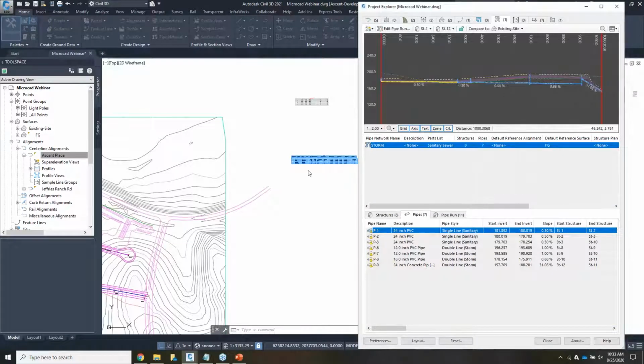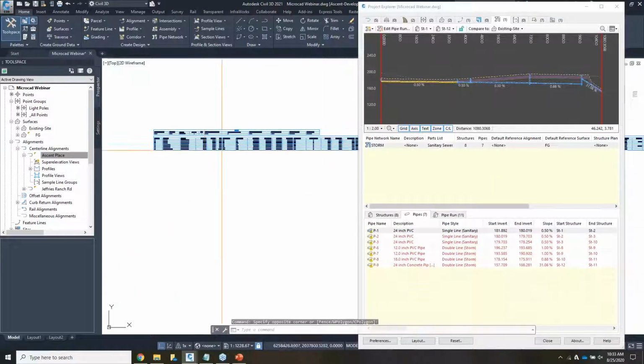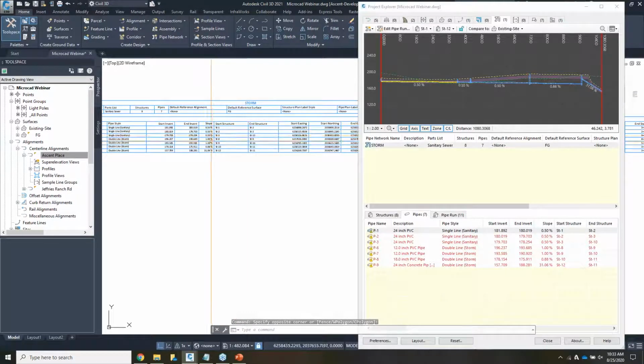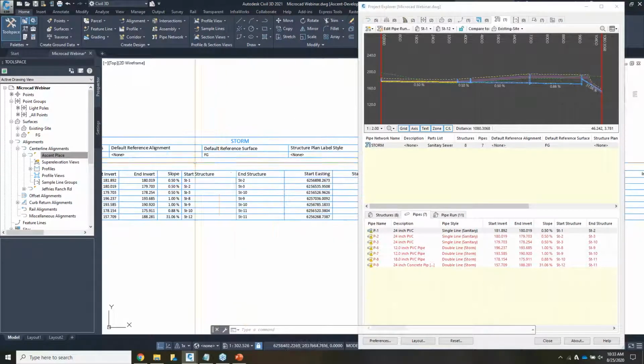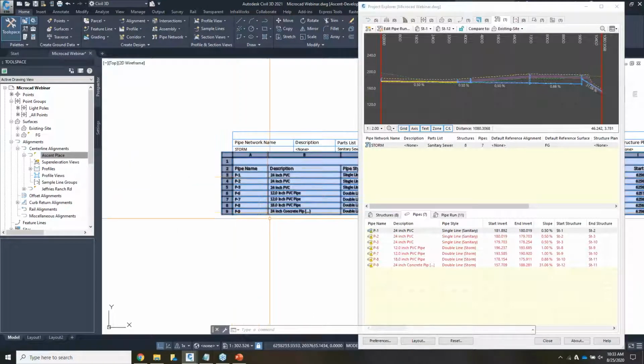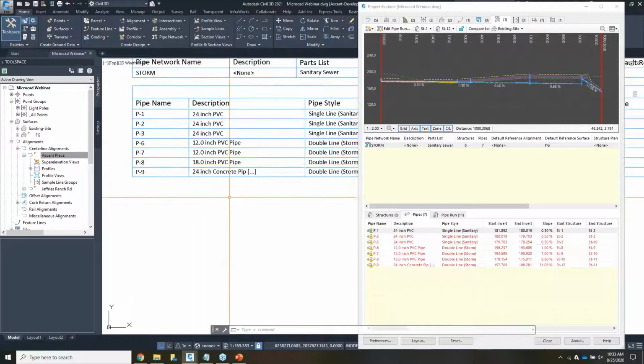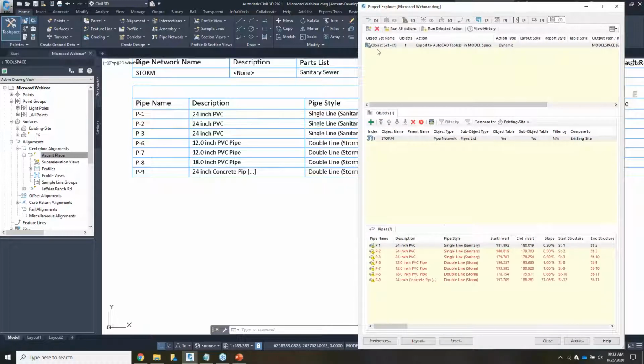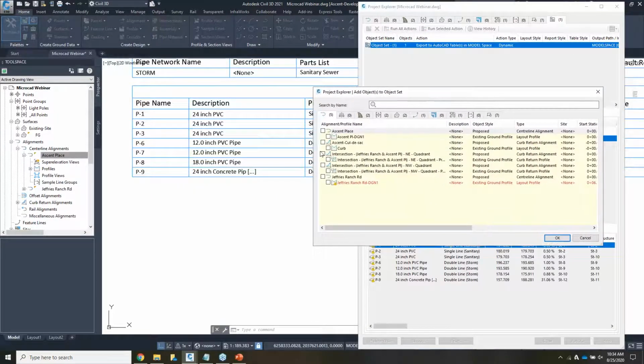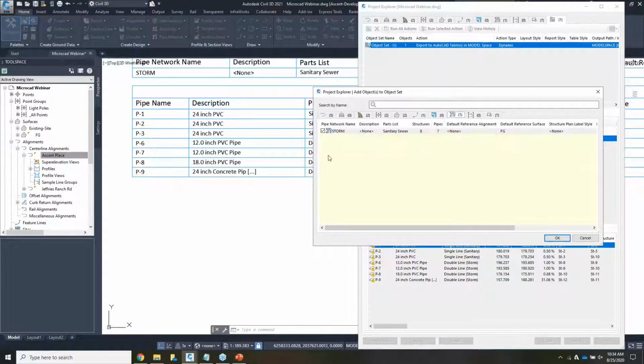And there we go. Now we actually have two tables created: the object table and the sub-object table. We have the storm table, which is the networks in my drawing, and then the sub-object here, the pipes in my drawing. If I wanted to do a structure, we go back to here, and now we have an object set, and we have a storm. This is a set, and this is the stuff in the set. Let's say I would like to add to this. I can hit the plus sign, and this is everything that I can report on in the drawing. So I'd like to report on my pipes, and I'd like to report